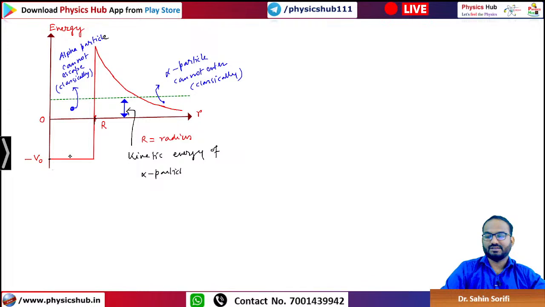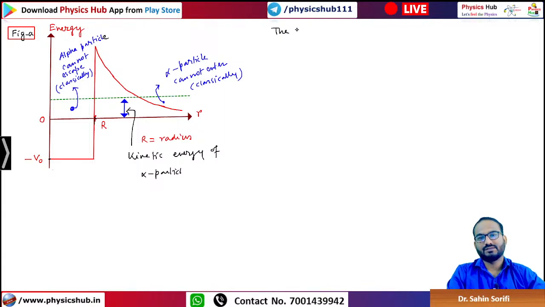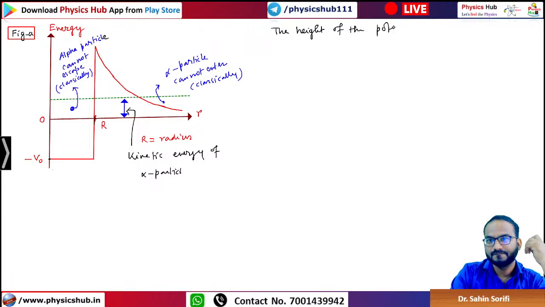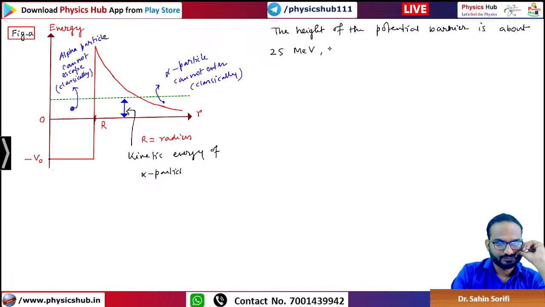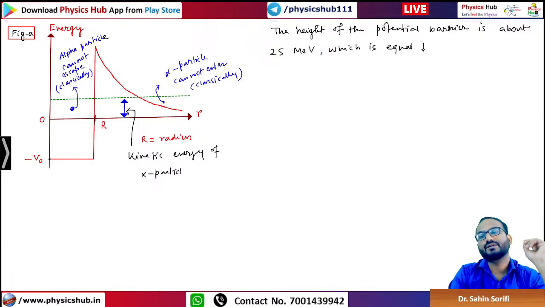Okay, so this is the classical picture. You can say this is our classical picture. Let's name this as figure A. You see, let us write a few things. The height of the potential barrier is about 25 MeV, which is equal to the work